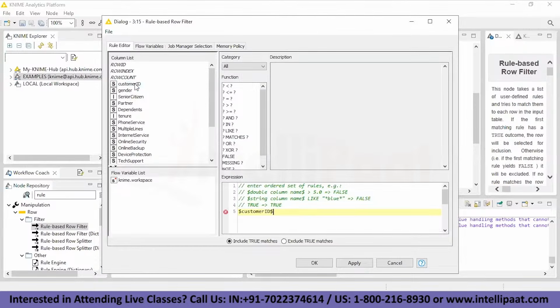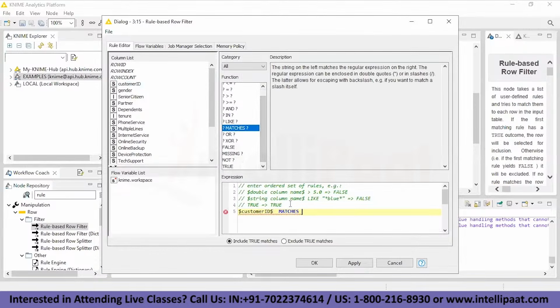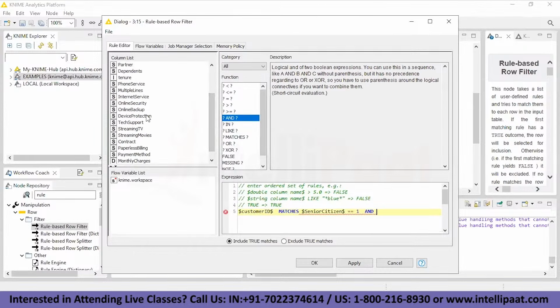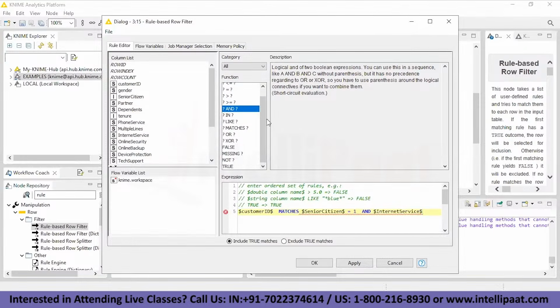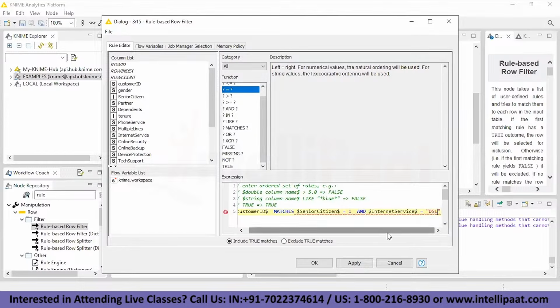I need customer ID matches the condition where senior citizen equal to 1 and internet service is equal to DSL. If this is to be true, it will give me the result. But because there are some issues with this syntax, I have to match it,